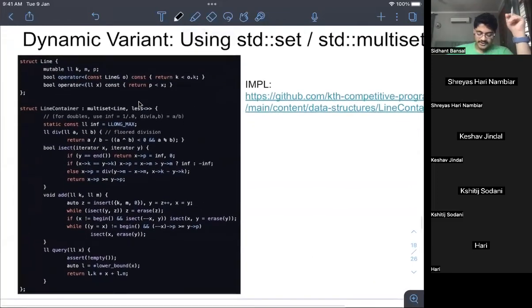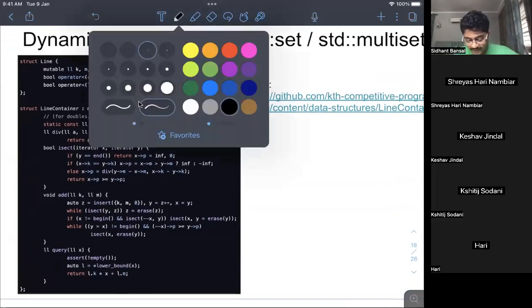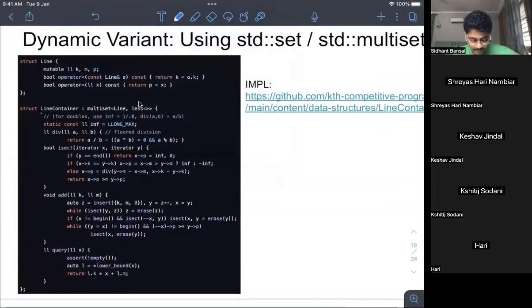Just a header for this implementation. I don't understand this implementation fully. I get the high level idea that you're inheriting from a multiset to get the powers of a multiset. But the thing is super tricky. They have a struct line and they have 2 overloaded operators for the less sign. One is compared to the other lines, which is useful because their K is more like the slope of the line. If you notice here,